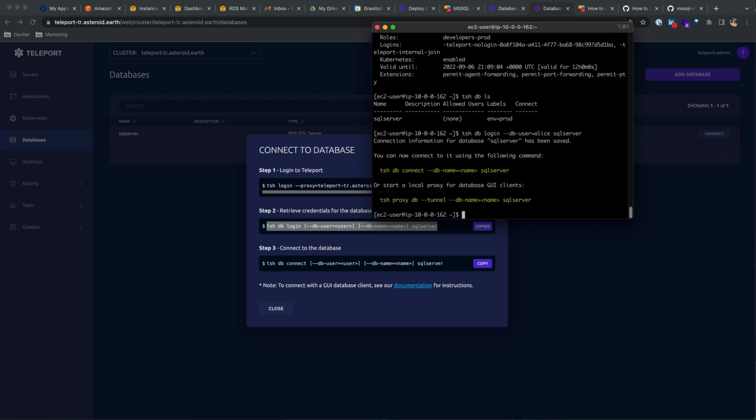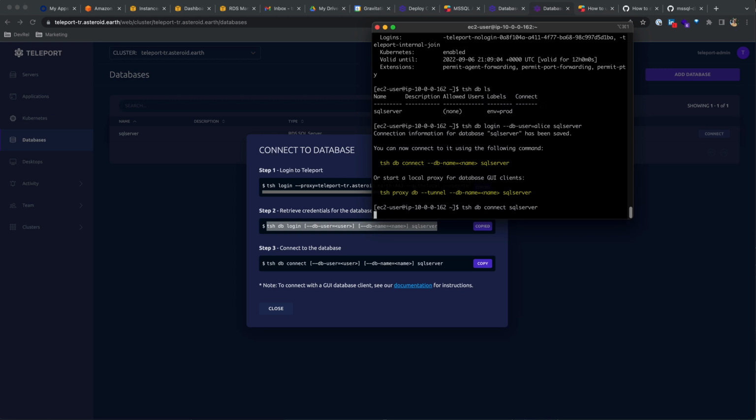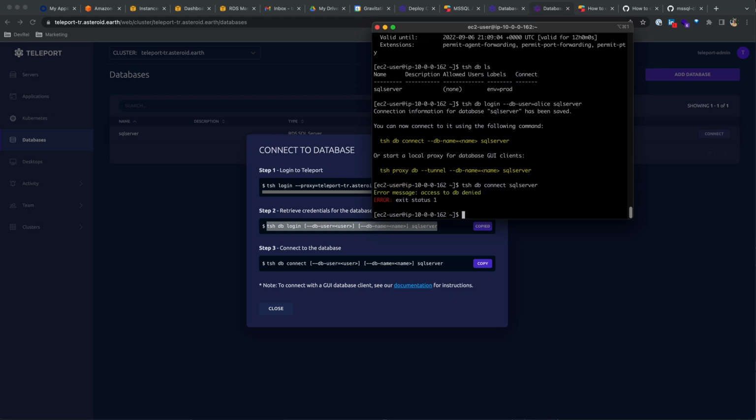Hit return, and it's just as simple as running tsh db connect and then the database name, SQL Server. Hit enter, and we should be able to connect. But there's an error message. Access to DB denied. Why is this? Well, with SQL Server, we've created a login for Alice,